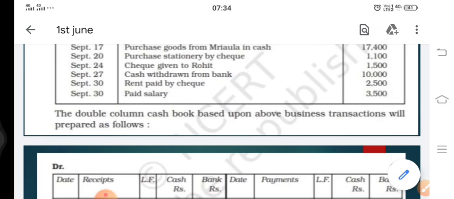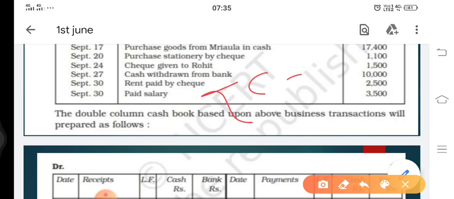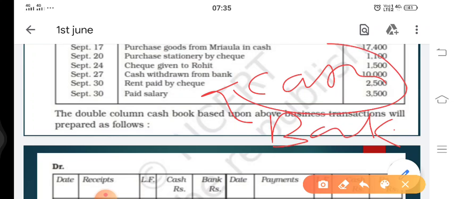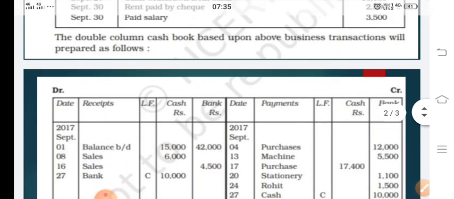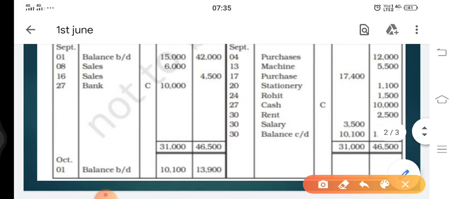Salary being an expenditure needs to be debited, and since it's a payment made, when it is not mentioned in which way we paid salary, through cash or bank, we'll consider that we have made the payment through cash. If nothing is mentioned, we'll consider it through cash. Now since we have paid salary, payment is made, so we'll go to the credit side and write by salary.